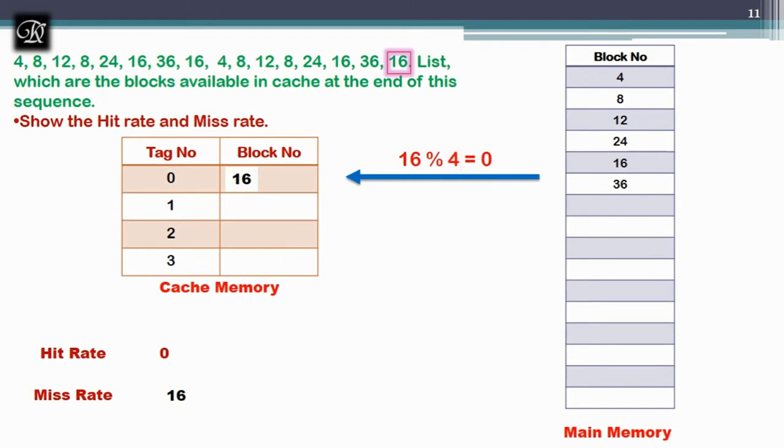Just find the modulus of the given block number with the maximum number of blocks in the cache, and you will get some value. Based on that, apply the comparator, use the comparator hardware, and store the value in the cache. But here we are not fully utilizing the cache. This is the major drawback of direct mapping.